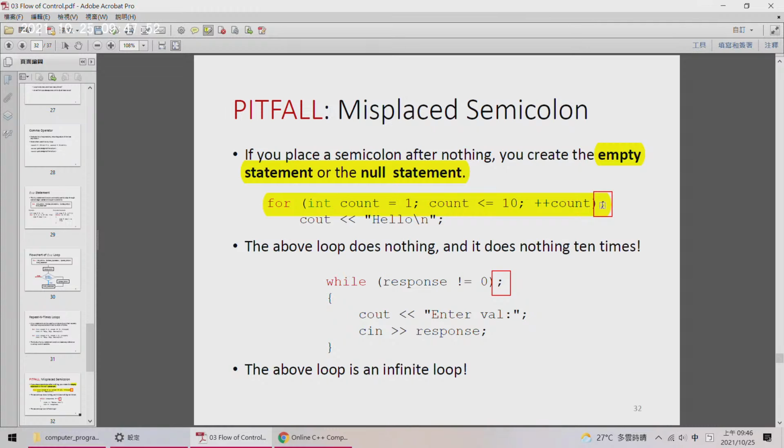Because the body statement is the one between the parentheses and the semicolon, and it is empty. So for this example, the body statement of the for loop is empty,